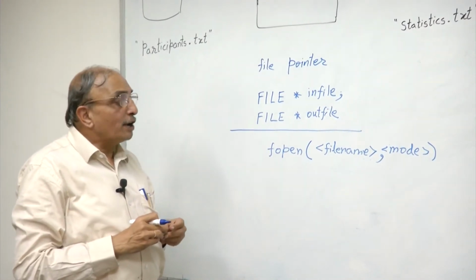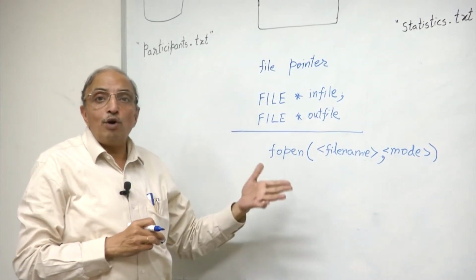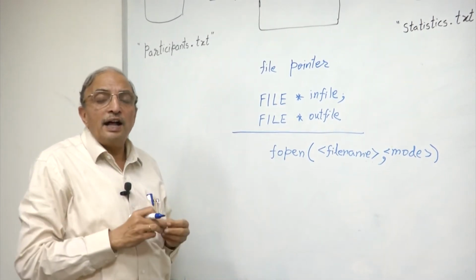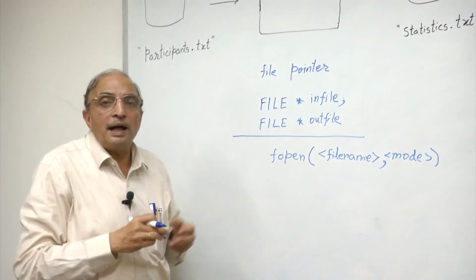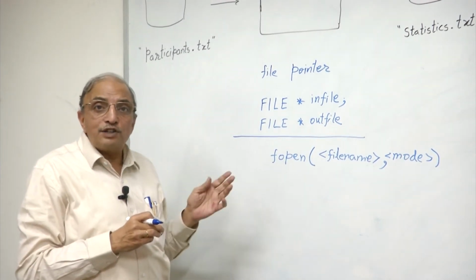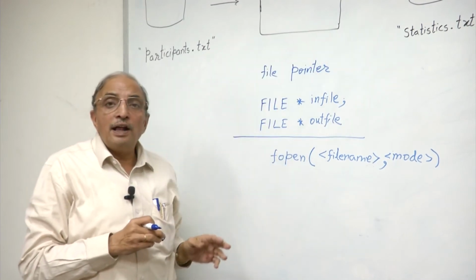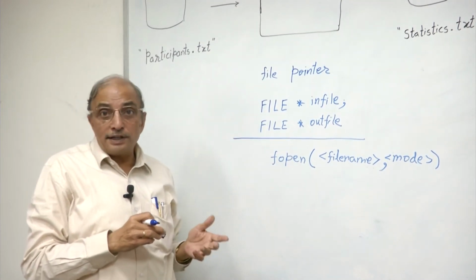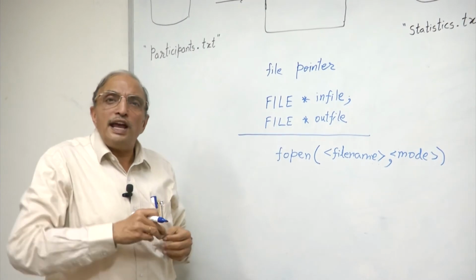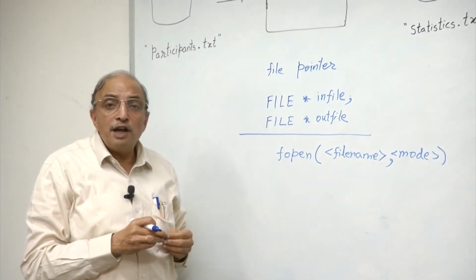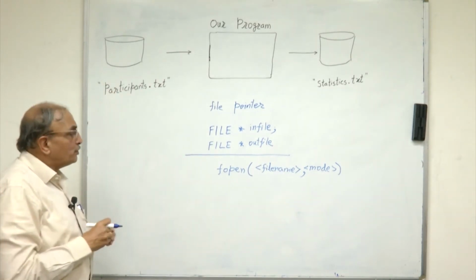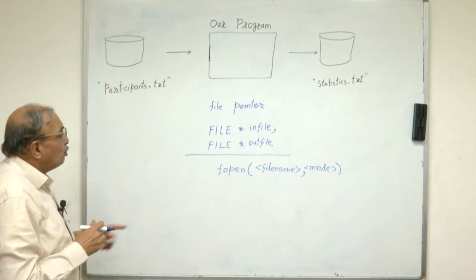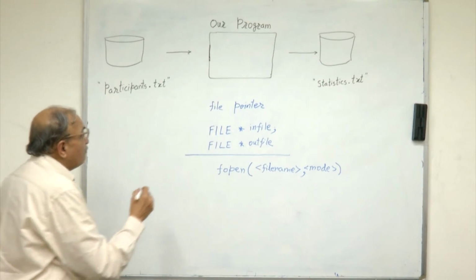For example, I could open the file in an input mode, in which case I read data. I could open the file in an output mode, in which case I write data. I could have an ordinary text file, as the name suggests here, or they could be special files such as digital image files or any other type of file which contains purely binary data. For the purposes of processing data from this file, for example, we could use the fopen statement in the following fashion.